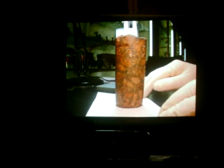Now, next one, next, and next. Okay, go back. One more. A lot of people are saying that what we find here in Abu Zir, Egypt, is nothing else but a modern day forgery where